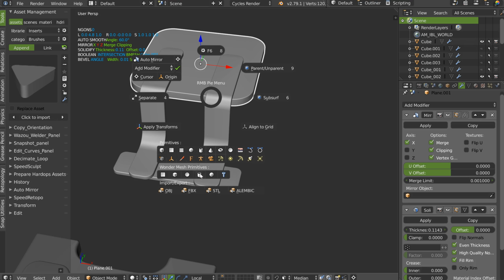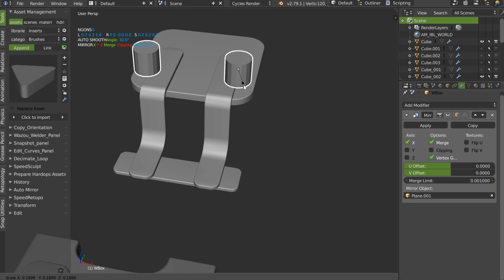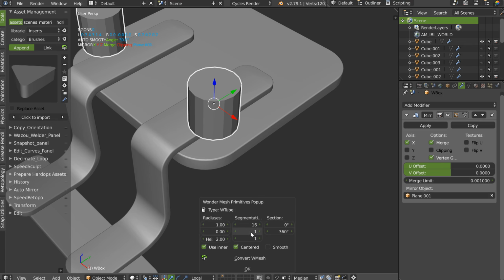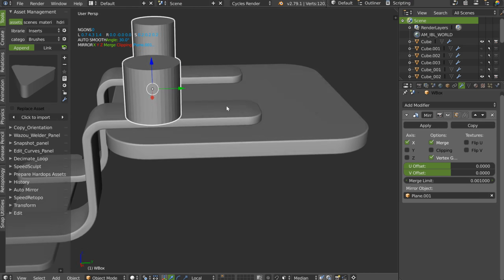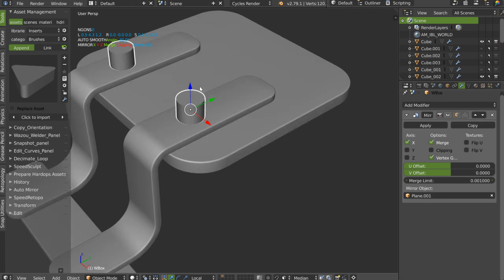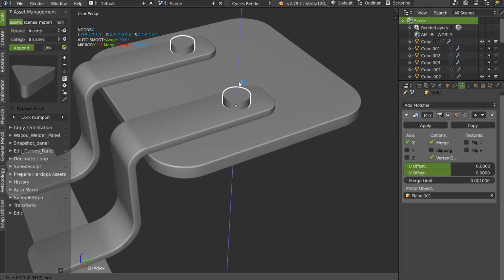You will do this, poof. Since it's a Wonder Mesh, you can edit it after moving it. So I will add some subdivisions, like this for example, and I will convert it. I will move this one here, here, make a scale, like this.